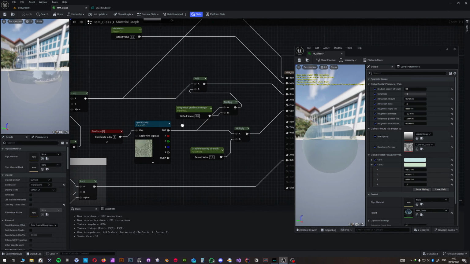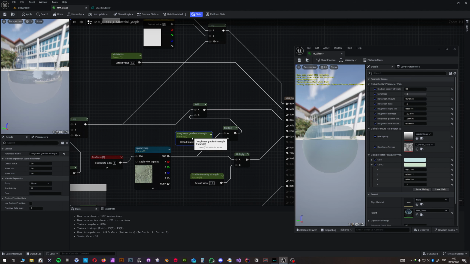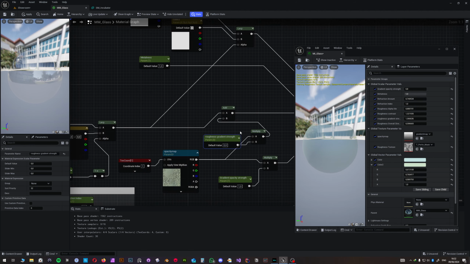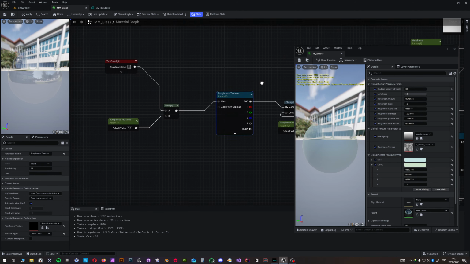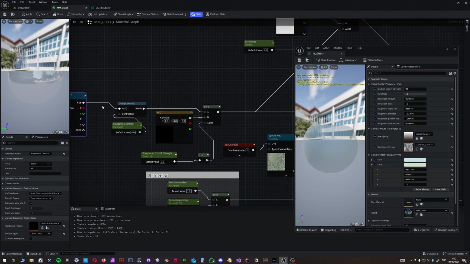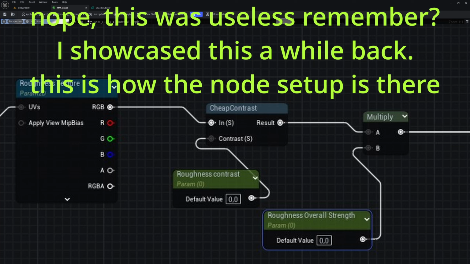So then we have this, not from here, because then it would take into account the opacity gradient. This is going to go into a multiply, so this one controls the roughness gradient strength, and this goes into an add node. So this takes the roughness information that is already coming from the roughness texture that we did before, with its own alpha tiling, which goes through the cheap contrast, which has the roughness contrast variable that we made, which then passes through the lerp